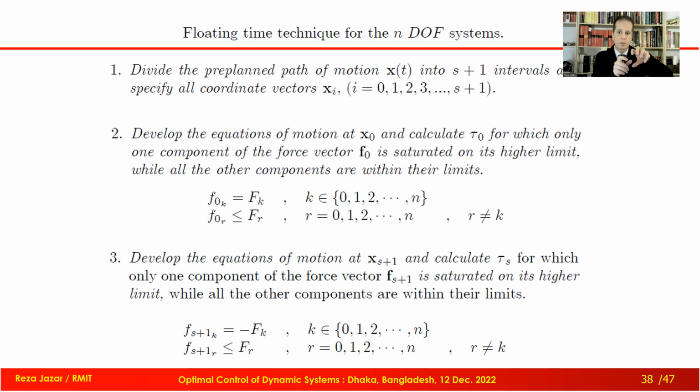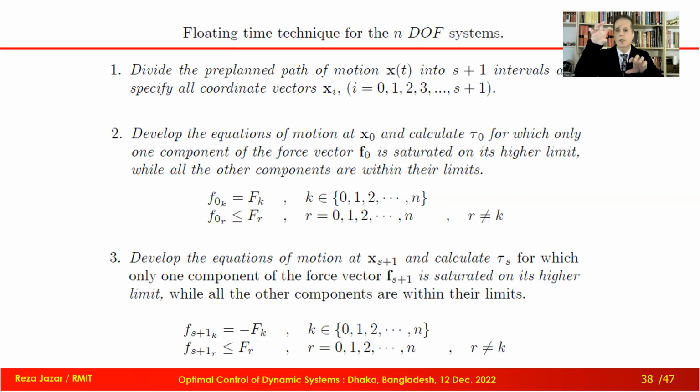Now I have T1, and I'm able to put all tau in the second equation and calculate the value of torque in the second motor. If that value is not breaking the limit, that's the solution. If it is breaking the limit, then I forget about that. I go here and make tau such that this motor is saturated and come back and calculate the value of this. Definitely 100%, this one is within the limit. That's the solution. Now I go to the next step.